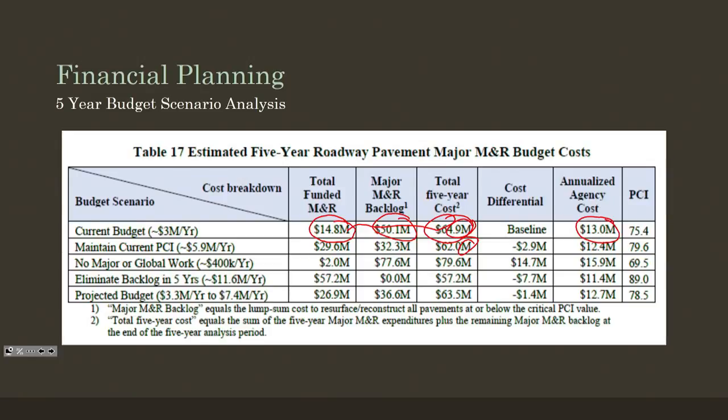And then your pavement condition index at the end is 89. Do this exact same scenario if we ramp up the budget over the next 5 years. So you'd have your input cost there. Result in a PCI of about 78.5, which is below